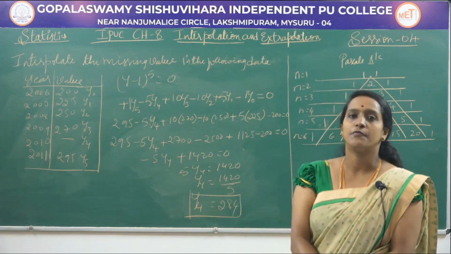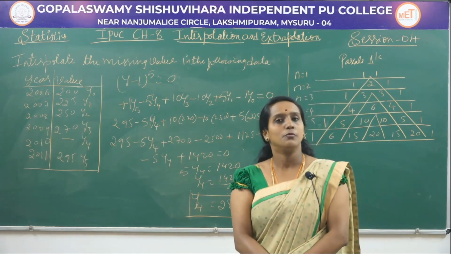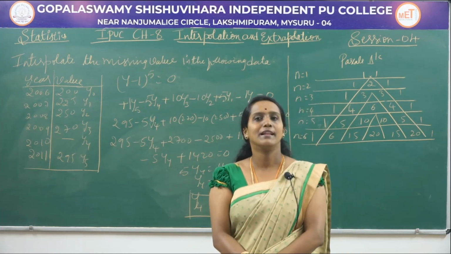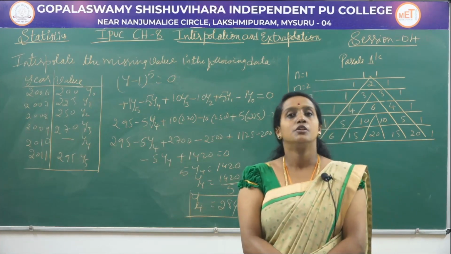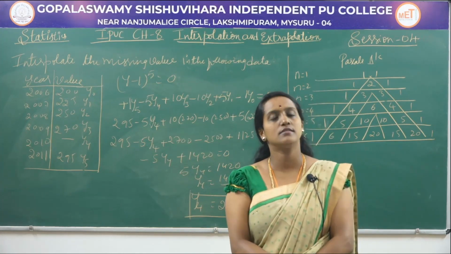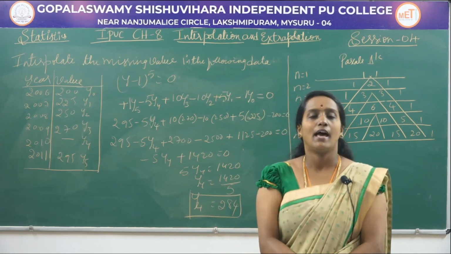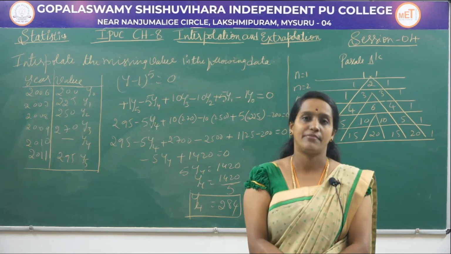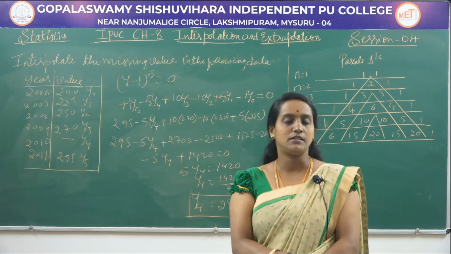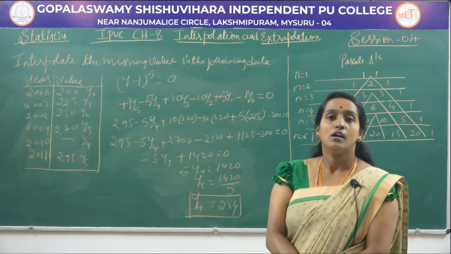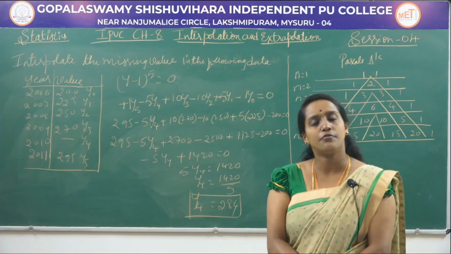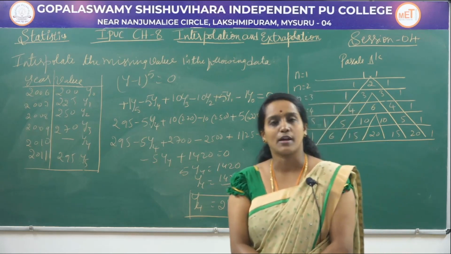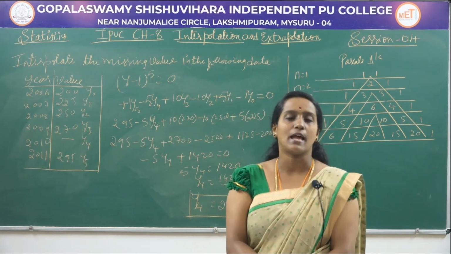For your exam point of view, this problem is very important. You will get one 5 marks problem on this concept, and from this chapter you will get 2 marks, 1 mark questions. Probably this time you may get 2 questions of 2 marks, for the definitions and assumptions, or sometimes they may ask for the methods also. And one definite problem from this chapter is, by using the binomial expansion method, you have to find the missing value for the given data. So this is a very, very important concept, and you can score well from this chapter. Thank you.